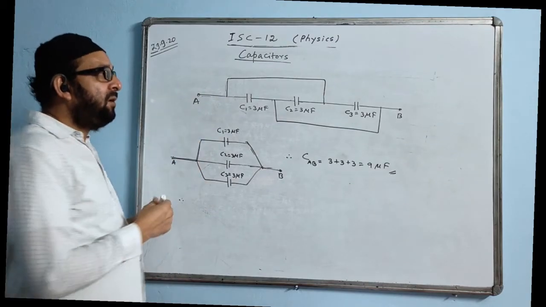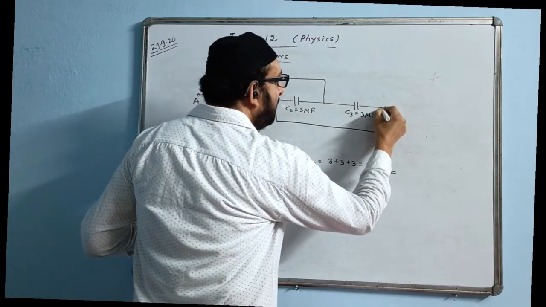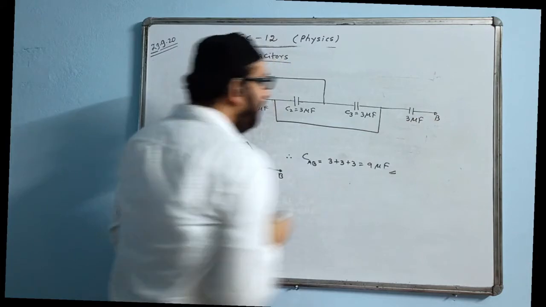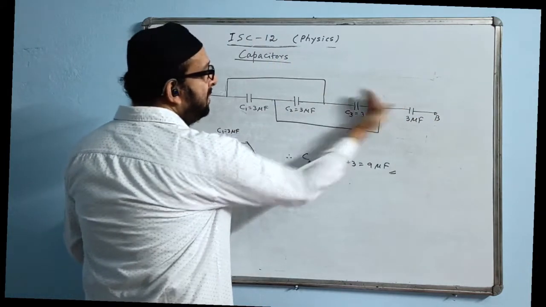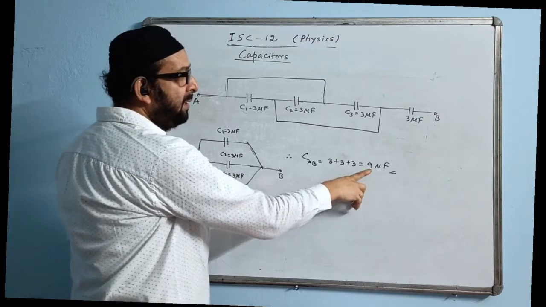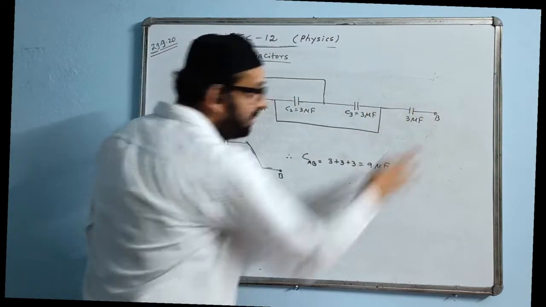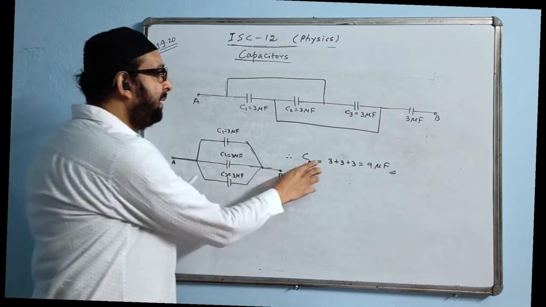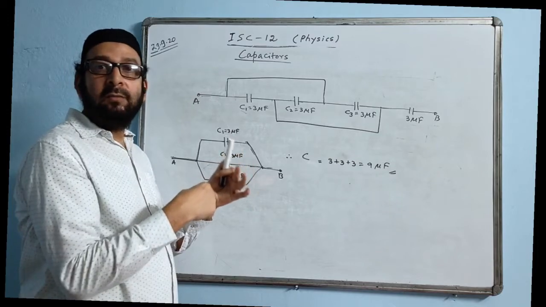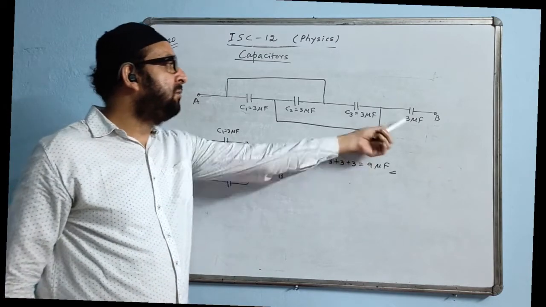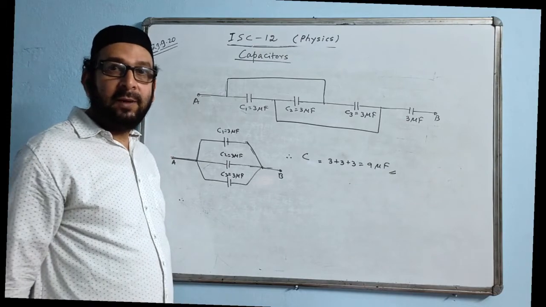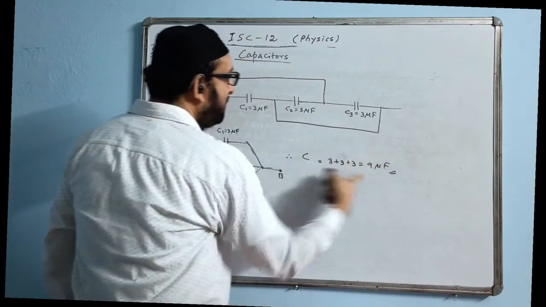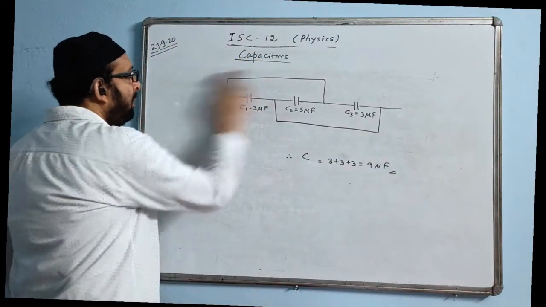By chance, in the same figure they have given one extra over here like this, and now it is given B. Suppose extra is given. Now till here this much is parallel, and for which the value is coming 9. That 9 and this 3 will be in series. Now we will do the series combination after that. We write 1 by CAB is equal to 1 by 9 plus 1 by 3. The series formula will apply and we find the final answer. But if this is there, then only. If it is not there, this is the solution. So we have done this also.